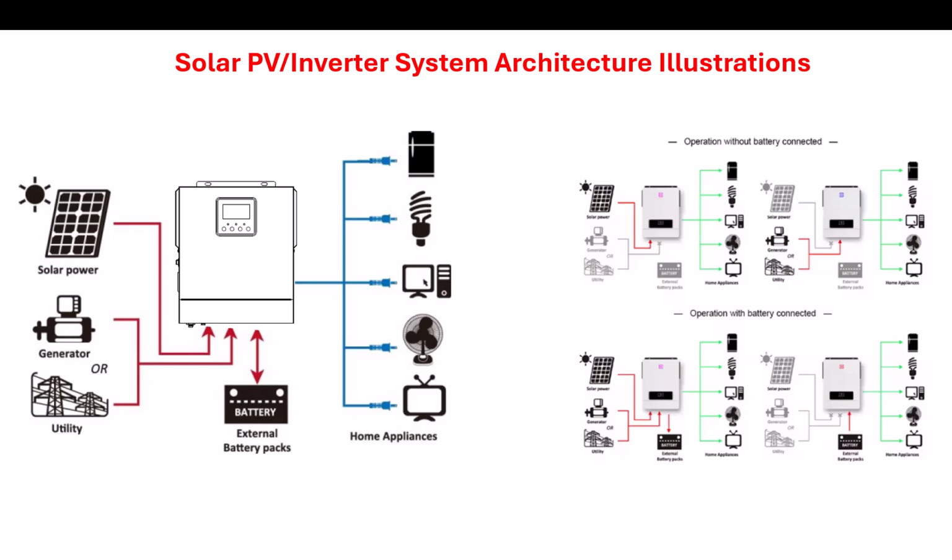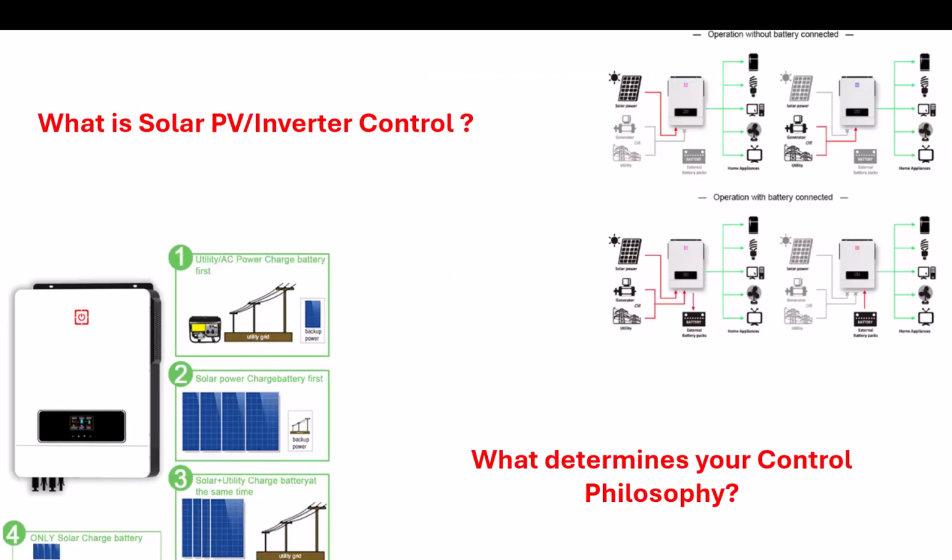because you just follow. You see, this is where I connect the panels. This is where I connect the input AC. This is where I connect my loads. This is where I connect the battery. And you can power the system. And of course, a system can work in certain cases. But in the majority of cases, that system is bound to fail unless you implement inverter control, you develop a